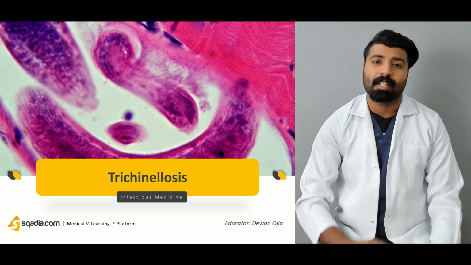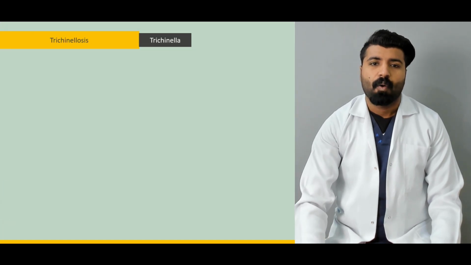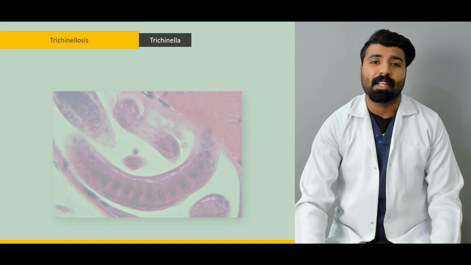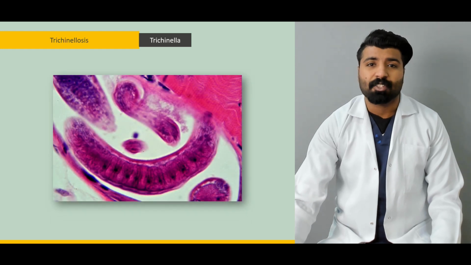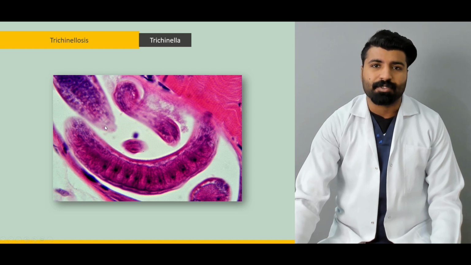Then the life cycle continues. In this lecture, we're going to talk about the life cycle too. So first of all, what I would like you to see is trichinella. Now, trichinella is actually a roundworm, as I told you. If you look at this slide, you'll see them whirling around themselves. That's why they call them roundworms. That's why they call them trichinella.